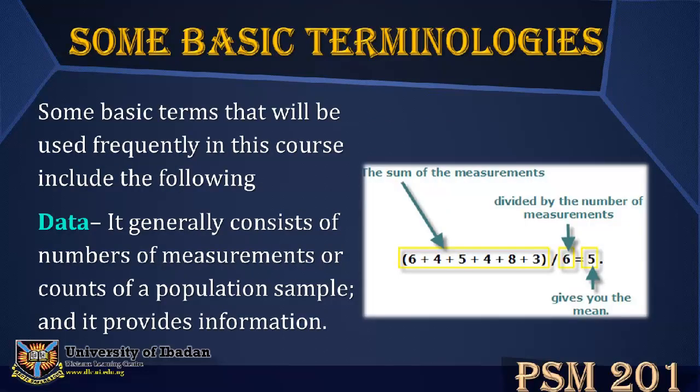Some basic terminologies. Some basic terms that will be used frequently in this course include the following. 1. Data. It generally consists of numbers of measurement or count of a population sample, and it provides information. For instance, when a nurse weighs a patient or takes a patient's temperature or counts the number of patients in a ward, a measurement consisting of a number such as 70 kilograms or 35 degrees centigrade or 20 patients is